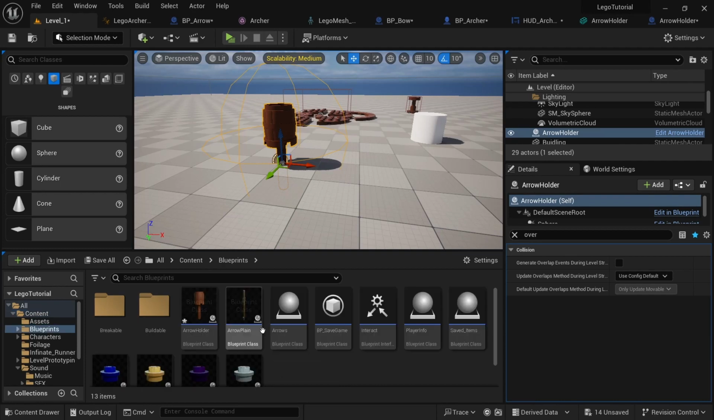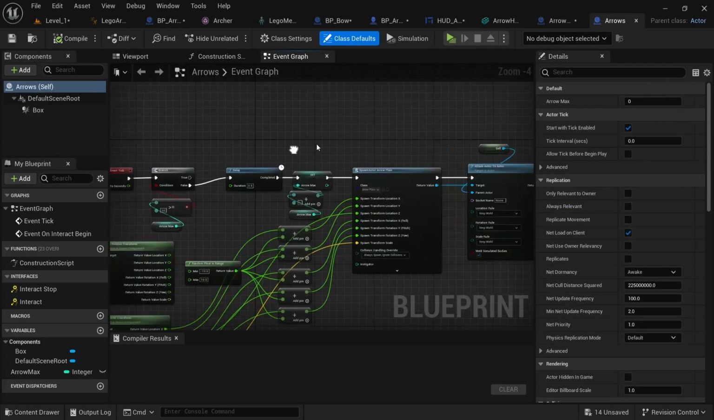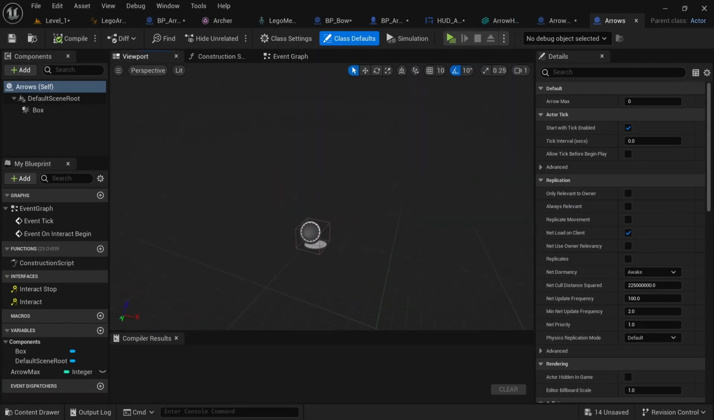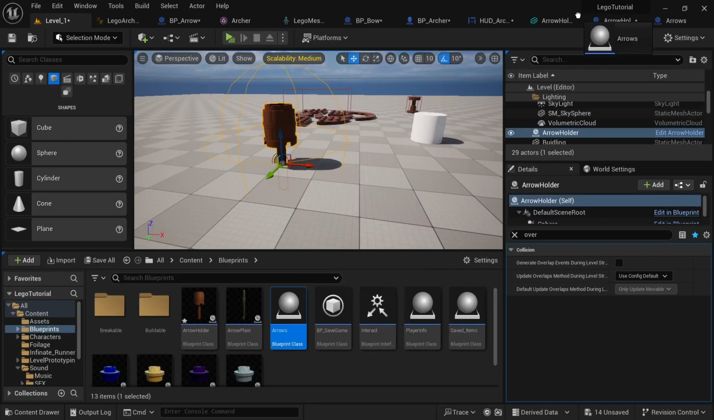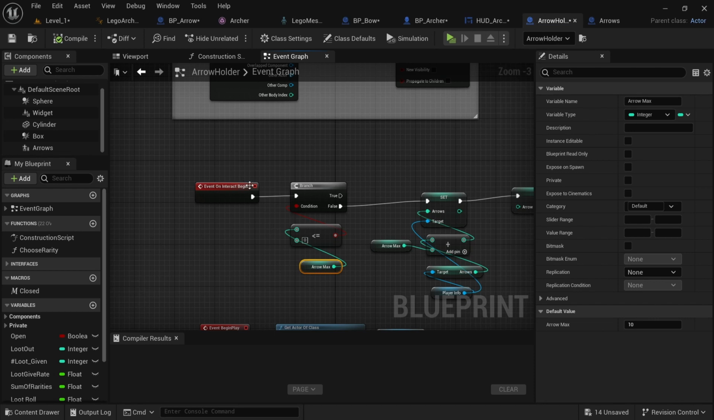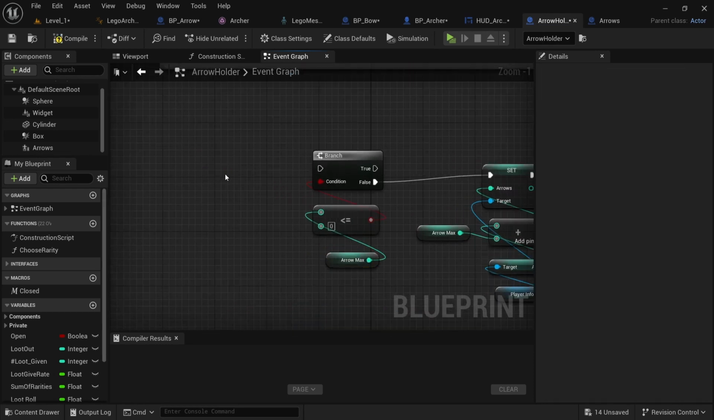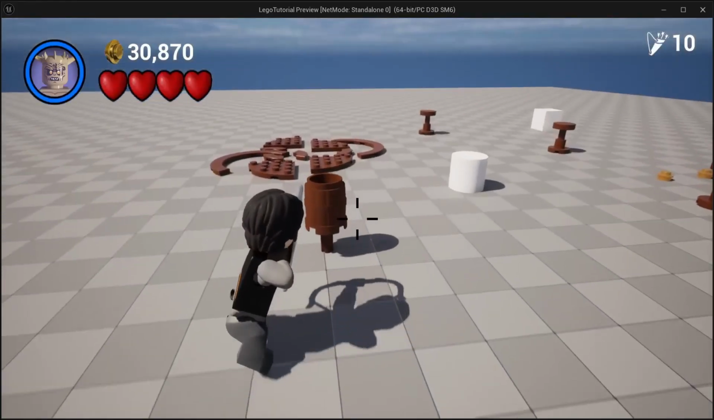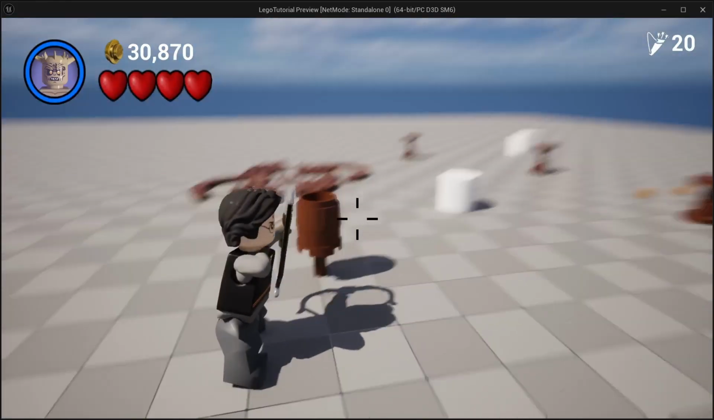I'm going to delete this arrows blueprint and go to content, blueprints, and there's the arrows, and there's all this code, and I want to get the viewport, and I'm going to drag the arrows into the arrow holder, and in the arrow holder, we're going to get rid of event interact, and we want to get interact. And now if you walk up to it and you click F, you can see up in the corner,